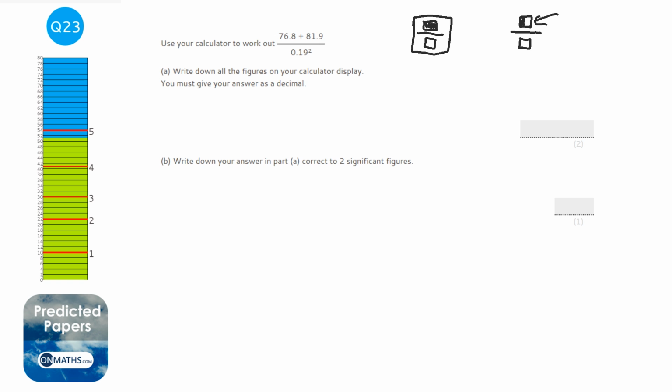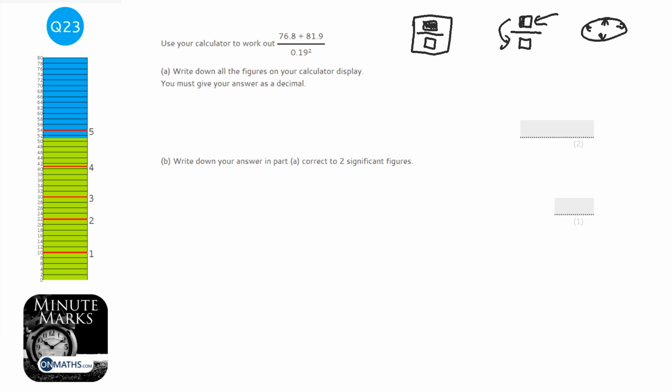So 76.8 plus 81.9. Okay, and so to shift downwards on the Casio calculators, there's a sort of cursor stick, a direction button thing. It's the big blue button beneath the screen on most of the calculators, and you just push the down to go to the denominator of the fraction. And then we need to fill in this bit here, so 0.19,